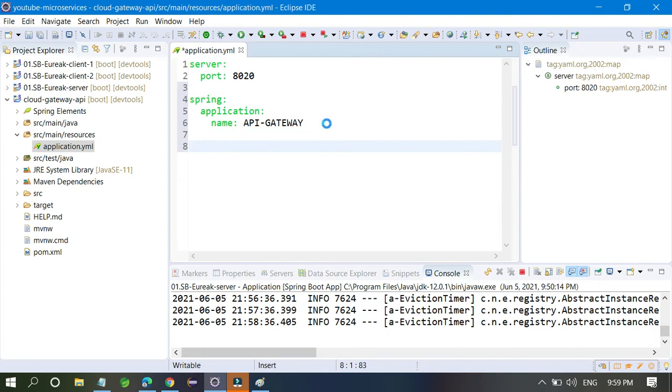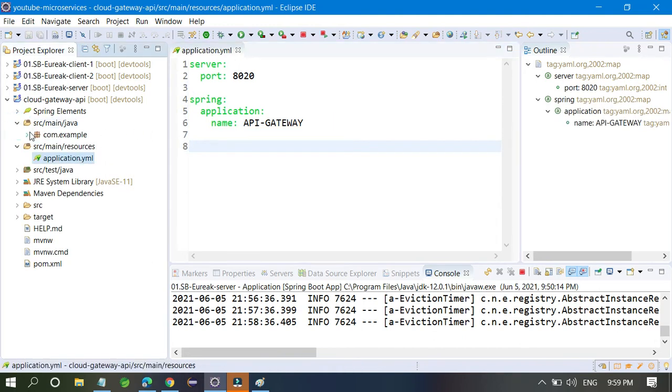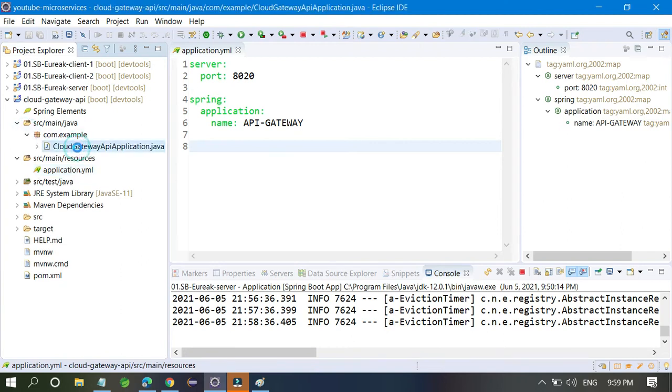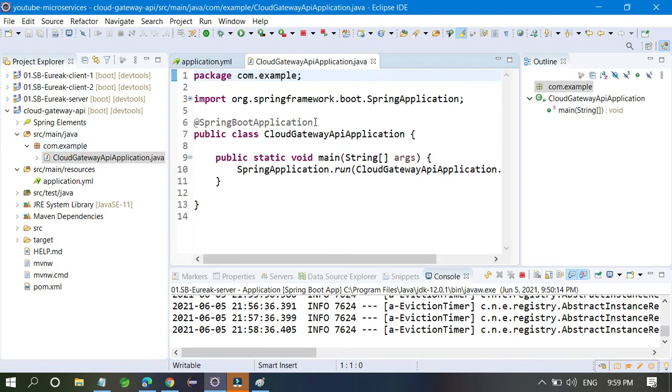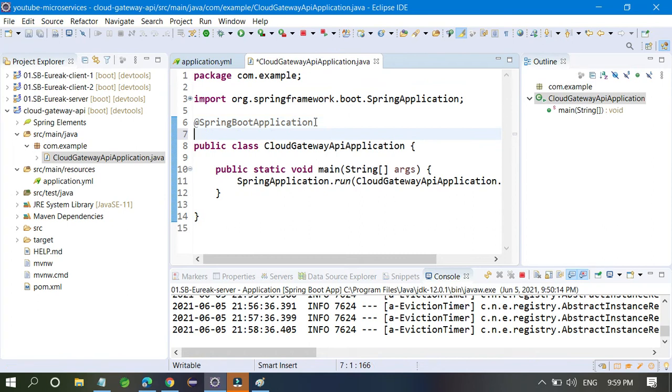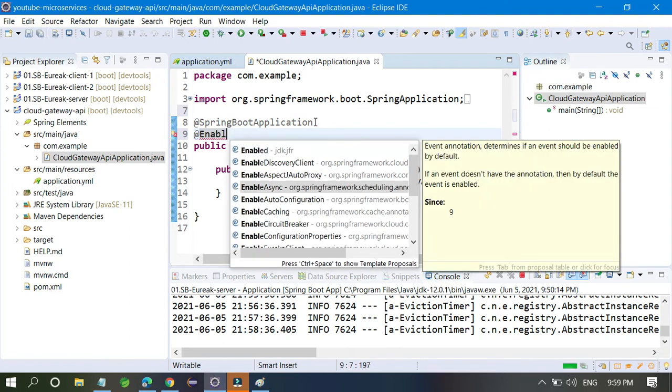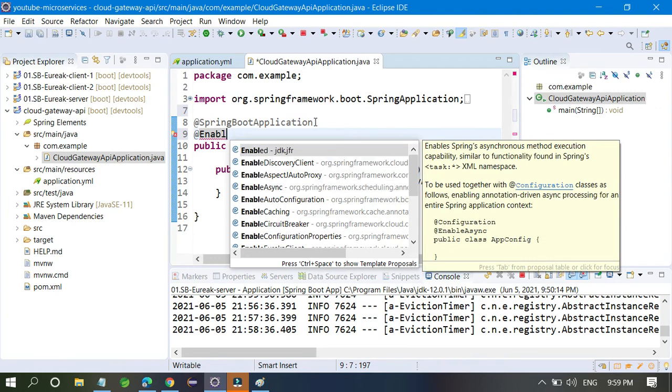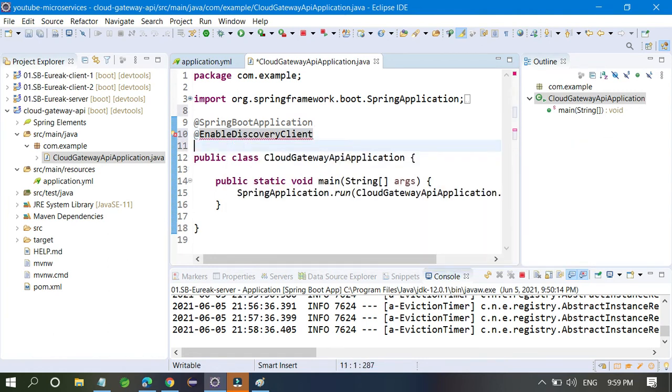Apart from this, you have to add something in your main class. In the main class you have to enable Zuul: @EnableZuulProxy, and @EnableDiscoveryClient, which is also required.